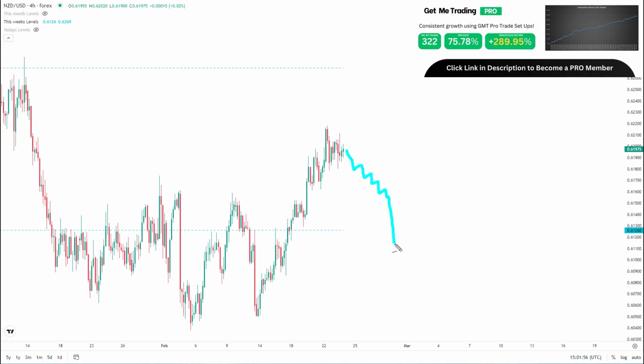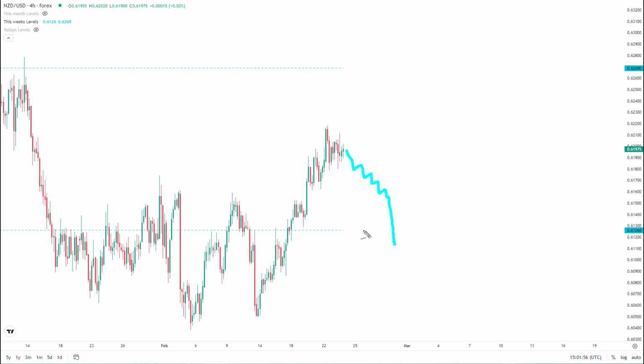I'm going to be looking for a test of the lower bound, the 0.61260, and this is what I'm going to be looking for, 1 or 2 days reversal. And if we break out intra-week, probably on the interest rate decision itself. So, we're consolidating, then we get a hawkish RBNZ. This reprices rates higher in New Zealand, the New Zealand dollar pushes higher. You then get a pullback, and then post the interest rate decision, you get the follow through into the upper